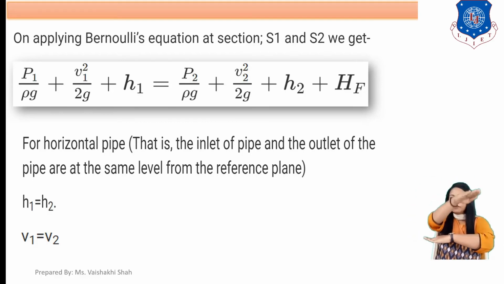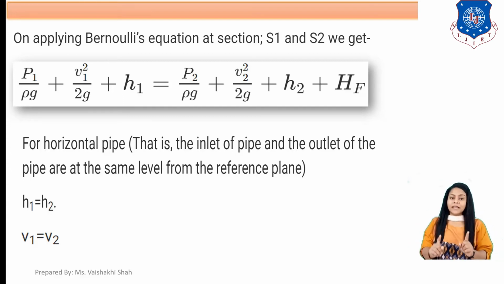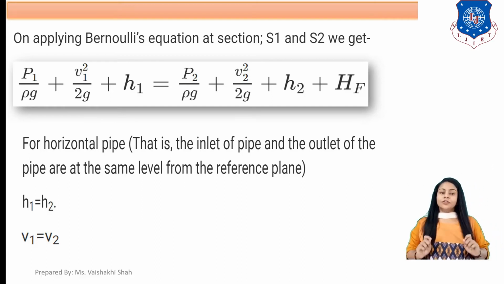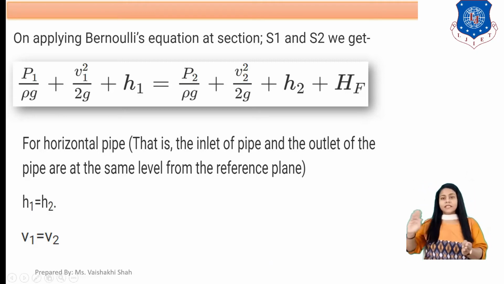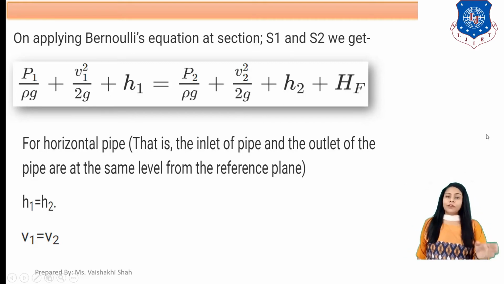And this is section 1, this is section 2. Both are at the same level, so H1 equals H2. And now the diameter of the pipe is also constant, so the velocity of the fluid is also the same. Velocity at section 1 is V1, velocity at section 2 is V2. The diameter is the same, so V1 equals